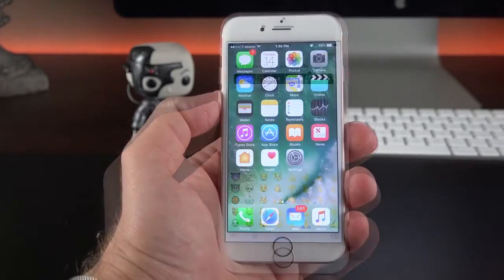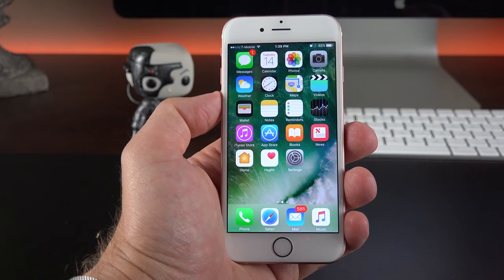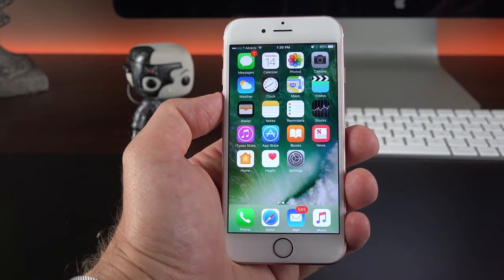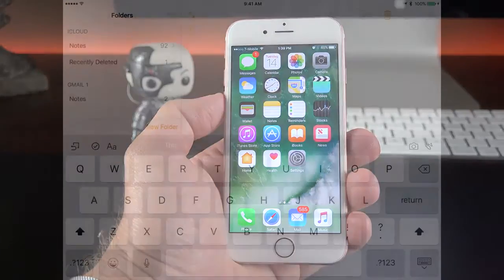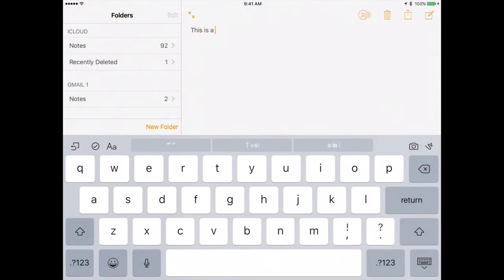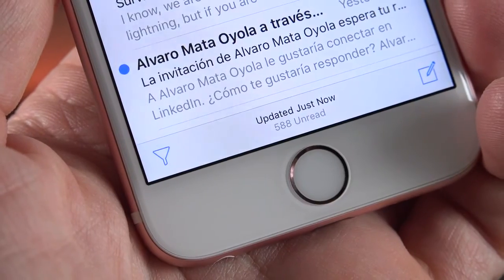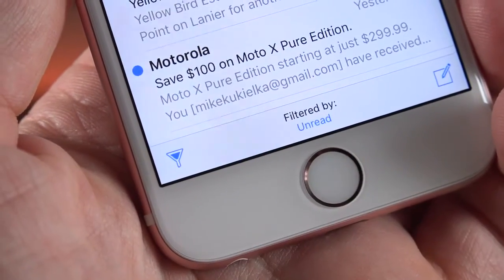There are a few other minor changes. One of them is a new keyboard sound, which is a welcome change. It's a lot softer than before, and I think it's definitely a big improvement, but I'll let you listen to it and you can judge for yourself. The Mail app also allows you to quickly look at your unread messages by tapping an icon in the lower